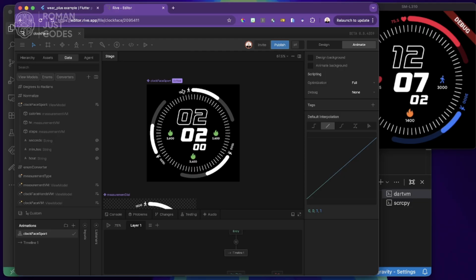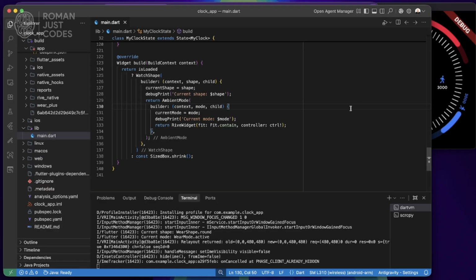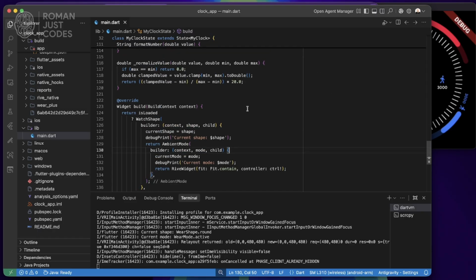While in the Galaxy Watch 7, you should manually drop the Rive refresh rate to one frame per second or lower when in ambient mode to save power. So on the Flutter side of things, you need to ensure to avoid heavy rebuilds. Use const constructors and specialized builders like RepaintBoundary if you deem that necessary around your Rive animations to ensure that Flutter doesn't repaint the entire screen when only, let's say, a clock hand moves. You could do that. In our particular case, our clock faces are pretty simple, so that's okay in terms of that. But even